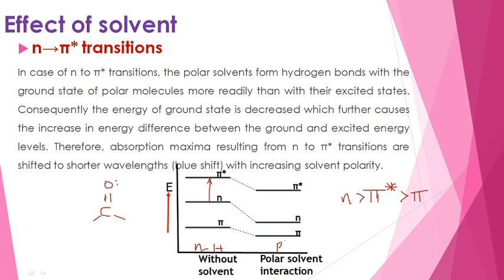Suppose you are substituting the polar solvent, then you are finding an increase in the energy gap, because the non-bonding electrons are decreased in energy due to the influence of the polar solvent. So that means the energy gap must increase. As the energy gap increases, then lambda must decrease. That means the n to pi star transition